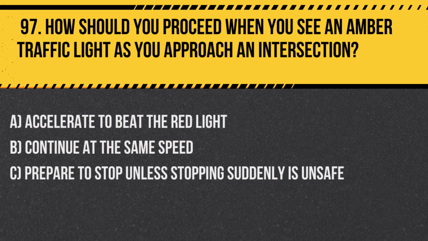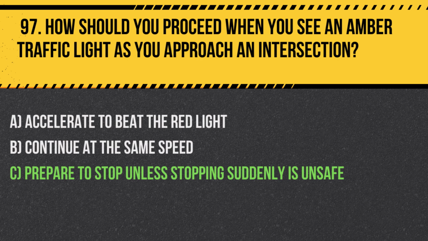Question 97. How should you proceed when you see an amber traffic light as you approach an intersection? A. Accelerate to beat the red light. B. Continue at the same speed. C. Prepare to stop unless stopping suddenly is unsafe. Answer. C. Prepare to stop unless stopping suddenly is unsafe. An amber light means the signal is about to change to red, and stopping is advised if it can be